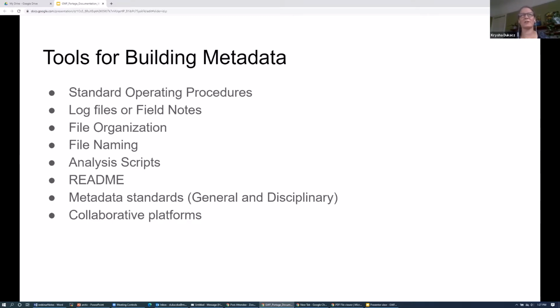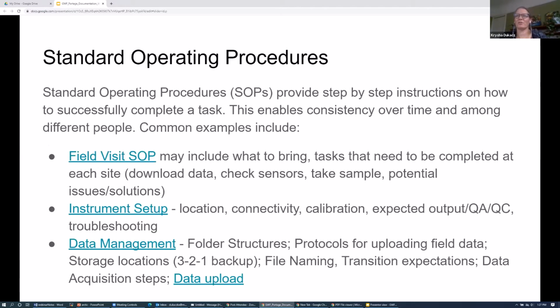So the standard operating procedure, I'll pass it off in just a moment to my co-presenter, Erin. But standard operating procedures are useful in that you're documenting step-by-step pieces of your research flow that are critical to understanding data. And this could be your field visit SOP, so that it serves not only to remind, as a planning tool, but also to remind people in the field how to go through each of the steps: instrument setup, which also helps people to understand the data, and last but not least, the data management